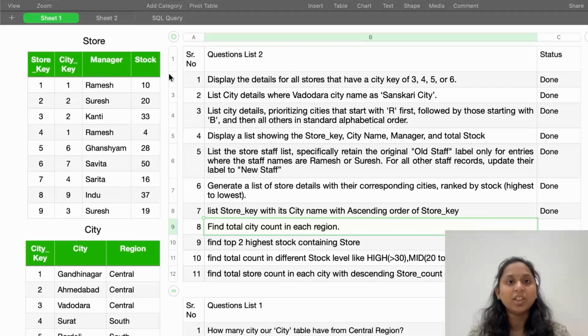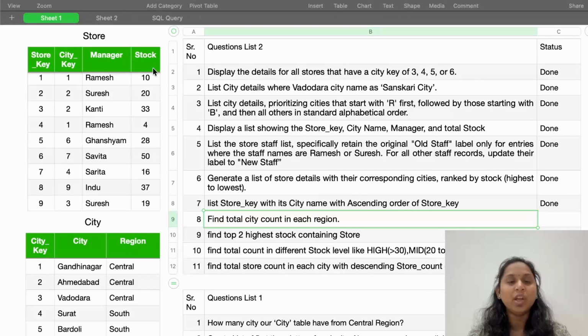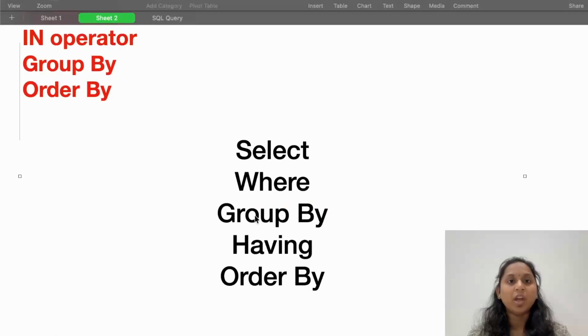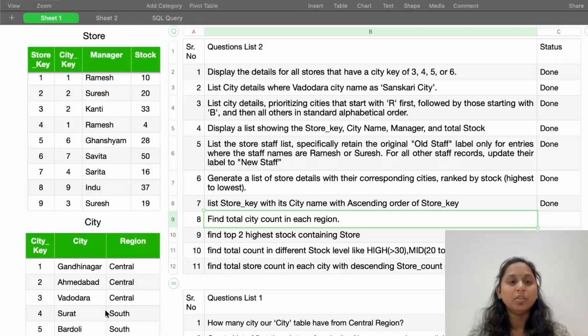In the first slide, I explained that we have the concept of group by. What does group by mean? You want to club rows based on a specific column. Here I want to club based on region. So Central region is one group, and in that group we have three rows. South is one group with two rows.